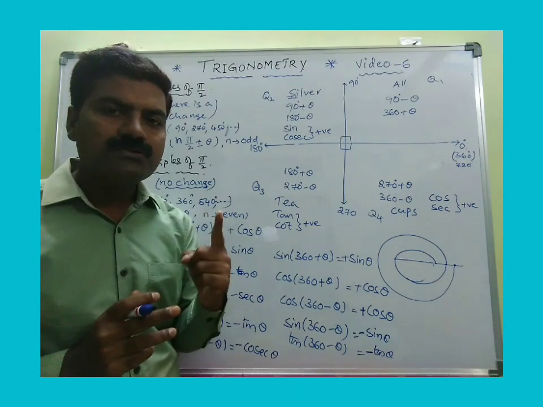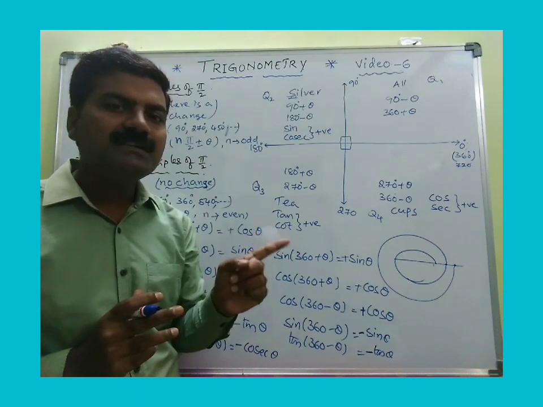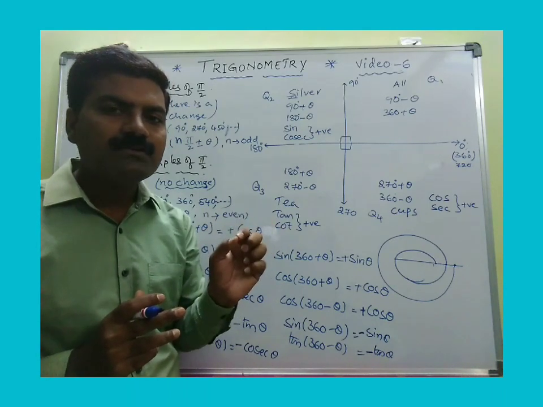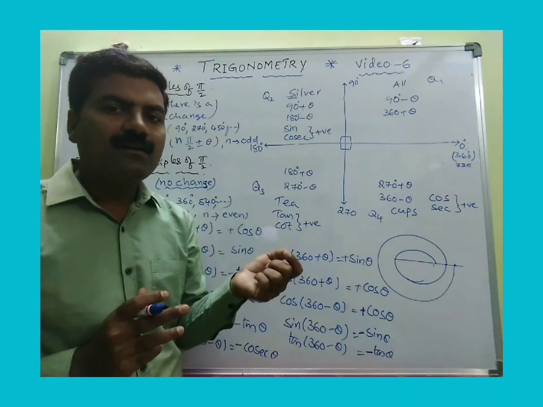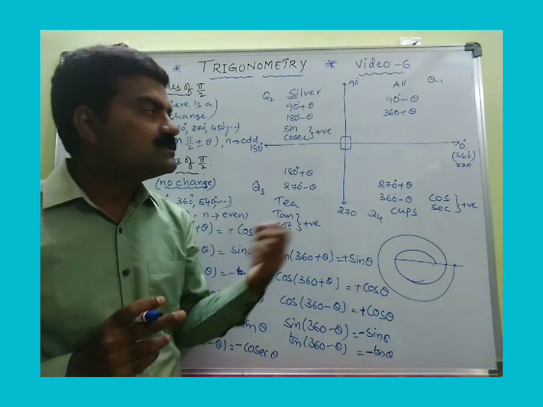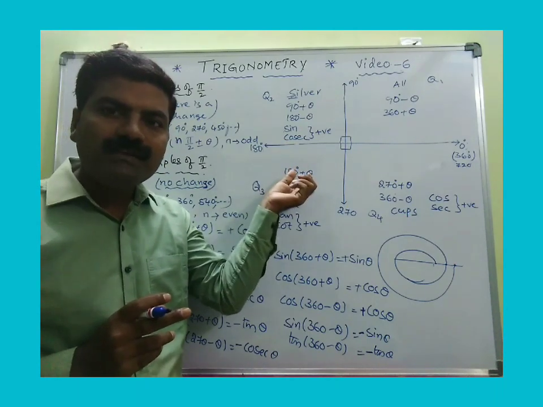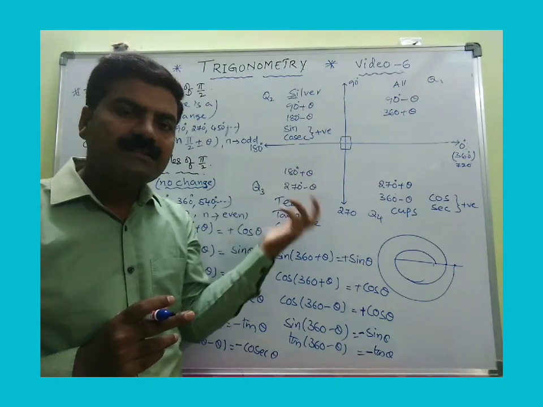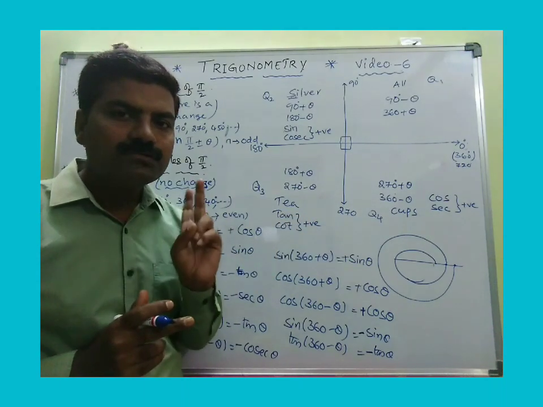So question number one, change or not: is the trigonometric ratio changing or not? And question number two is whether there is a change in the sign or not. You also need to think about that, because a few trigonometric ratios are positive in that particular quadrant, but the rest of them are negative. So please, my dear, remember only these 2 points.